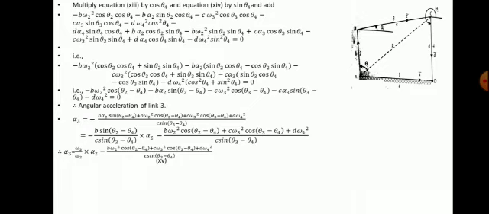Therefore, angular acceleration. Now, angular velocity of link 3 and link 4, you got it. Angular acceleration of link 3 is equal to alpha 3. Alpha 3 is nothing but omega 3 by omega 2 into alpha 2 minus this formula. We will get it. Before that, you just see alpha 3 is equal to, in this equation, just to substitute alpha 3, and it is the denominator, numerator, all other terms.